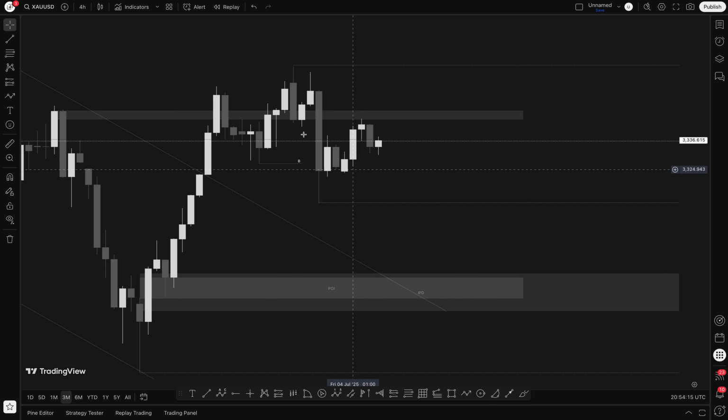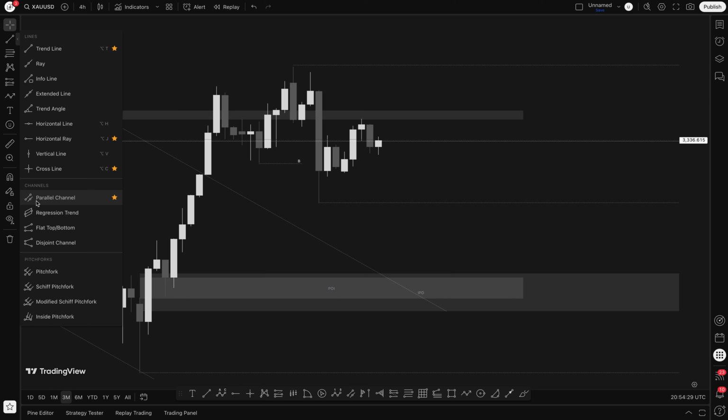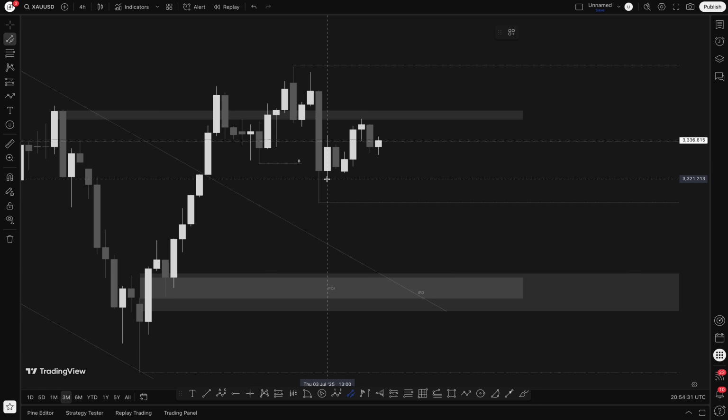Now, what if you want to sell? Where would you look to sell? The best selling area was here. This was the best selling zone for those who were looking to sell on Friday. And the other thing also, on lower time frames like 15 minutes perhaps, you can see that here we have